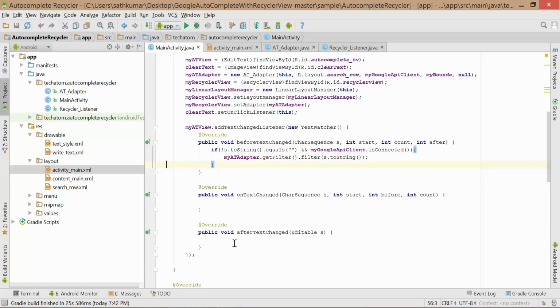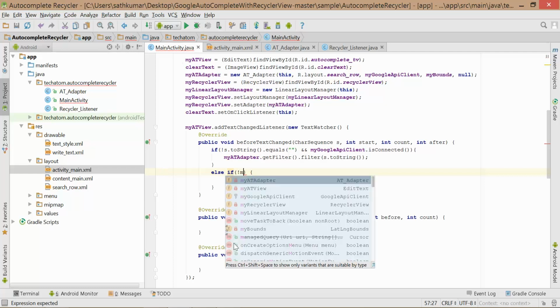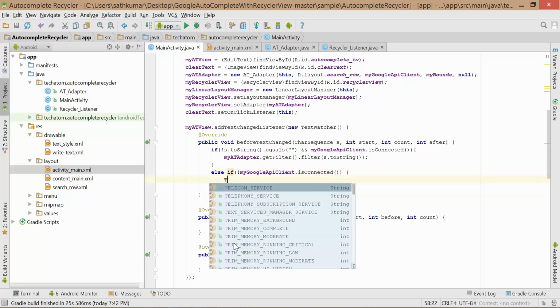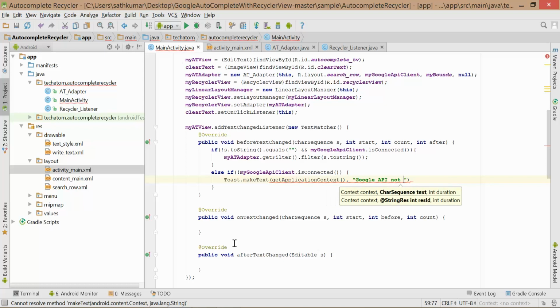And also we will have an else, else if the Google API client is not connected. If in case my Google API client dot is not connected, then we can give a toast message to the user saying that the Google API client is not connected. I mean, rather than a toast, we can try something else, maybe real time, but for now, this should be good. Google API client not